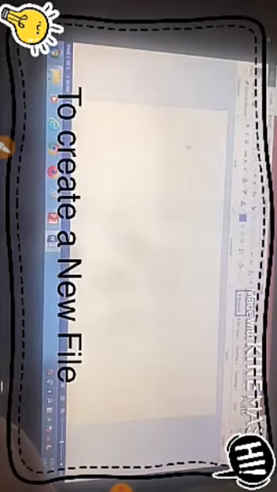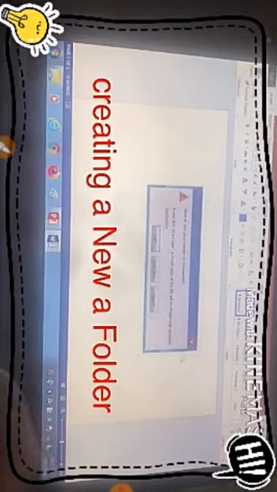Now you can see I'm opening MS Word, and two windows are working in front of you, and first is this one, your MS Word. When we want to create a new file, we can just click on New, and then File. In the File option, we click on New, and a new page will open in front of us. So we can easily type in that, and this is the way of creating a new file in MS Word or anywhere. You just need to open that particular application, and whatever you want, type in it, and after typing you can save.